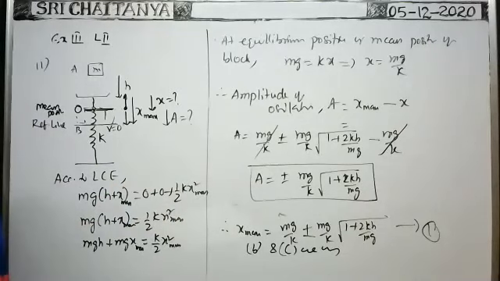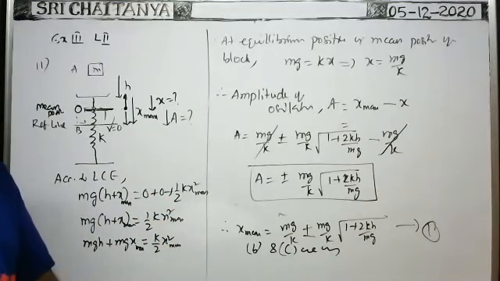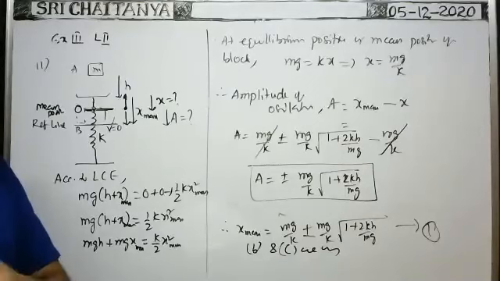Okay. Next, the 12th problem, already I said in the concepts. But here, the extension in A is different. Of course, the time period I already derived in the class. And the extensions in A are different from B and C. Already we took the extensions in B and C, and when we found them out, they came out different. So B and C are the same, and A is different.